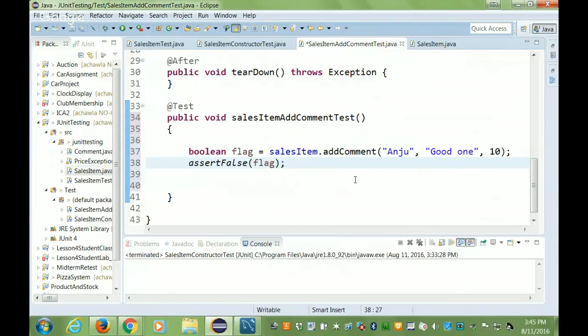Right, so I'm saying it should be false because my rating is invalid, and this should run successfully. And if I say assert true, then this test should fail. It's not that fail always means it is incorrect. Fail is just saying what kind of condition you are testing. So if I say assert true flag, I know it should fail. Now I know that the test should pass because I'm saying that this flag should be false. So if I run this test,